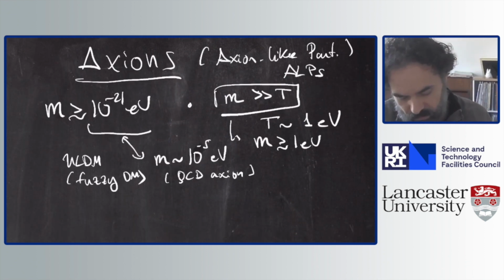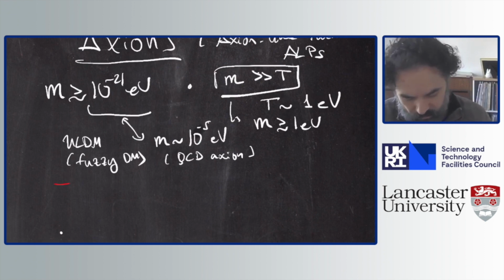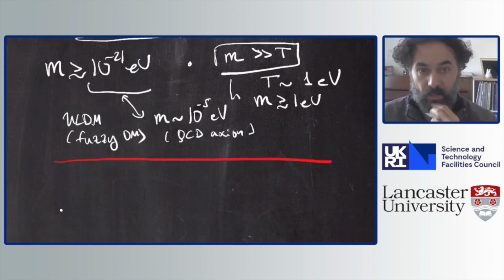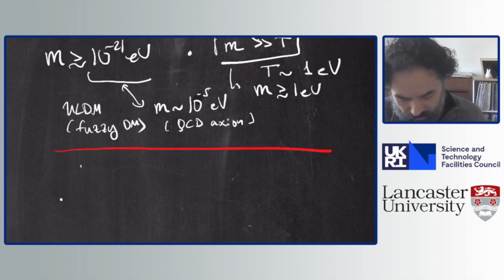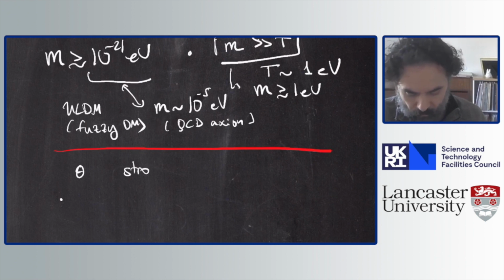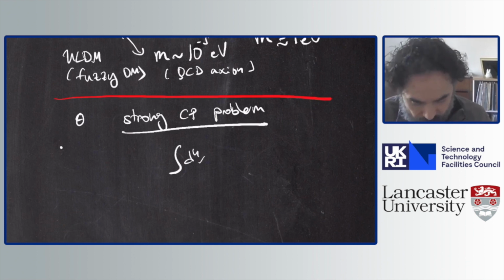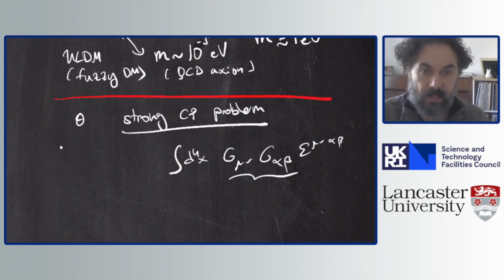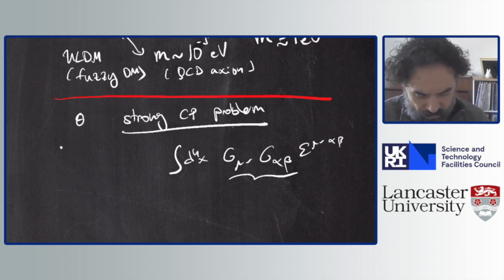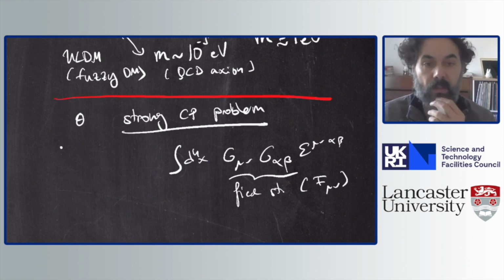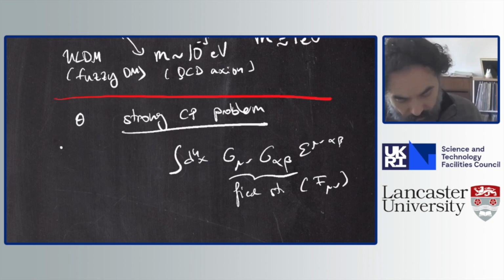So for the motivation of axions, one of the most important points is that they are motivated not only by the dark matter problem, but also by the so-called strong CP problem. This is the statement that in the standard model you can build an operator with the QCD gluon field strength. So it's the analogue of the field strength of photons, but for non-abelian cases. And this operator is a total derivative,